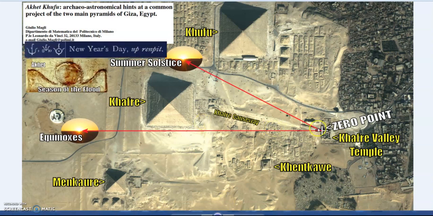But from the 0 point, right down the center, exactly between the Khufu and Khafre Pyramid, two of the Great Pyramids, it is aligned to the summer solstice. That's also the New Year's Day of the ancient Egyptians, and it also marks the Akhet season, the beginning of the flood season, or the inundation. New Year's Day, the beginning of the flood, and this is an essential element in regards to understanding the pyramid